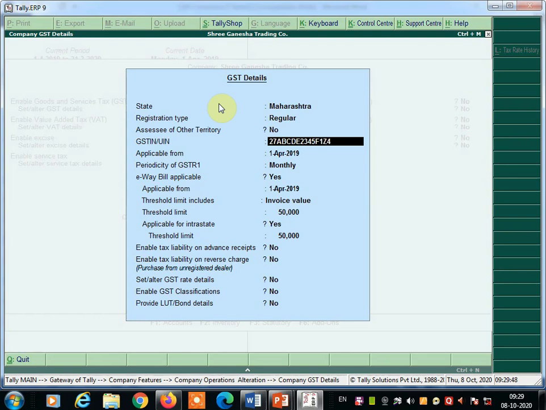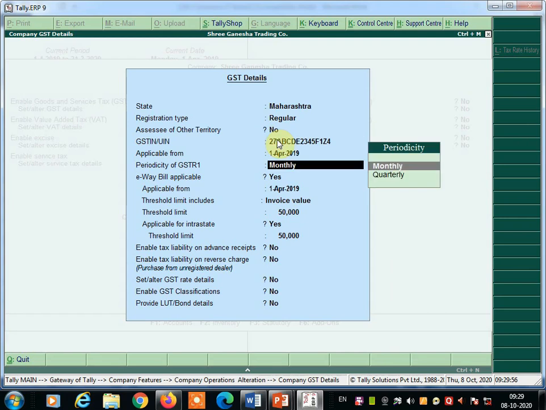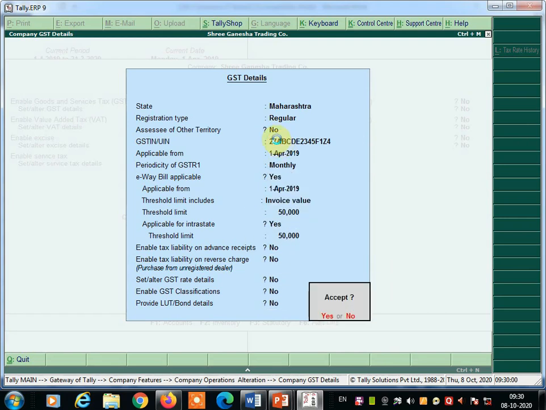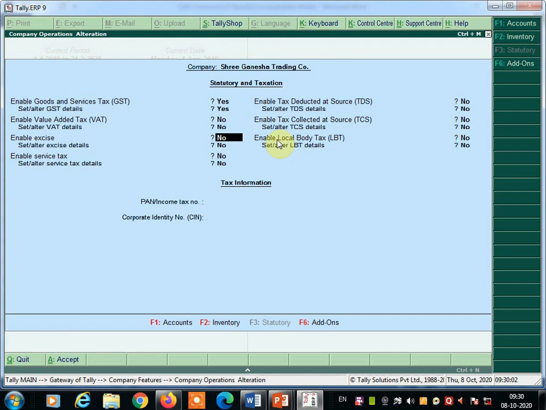This is a very important GST number. If you do not put the GST number, you are not able to calculate GST. And then press enter key and accept this information. Okay, this is over. Then income tax PAN number, if it is there, you can put it over here, otherwise let it be. Press enter key and go forward.